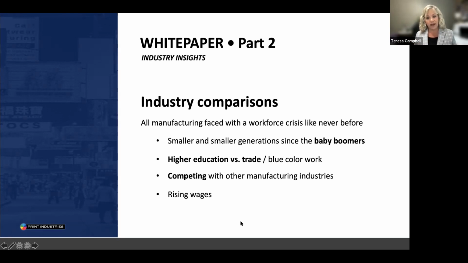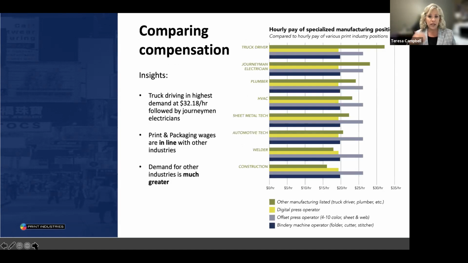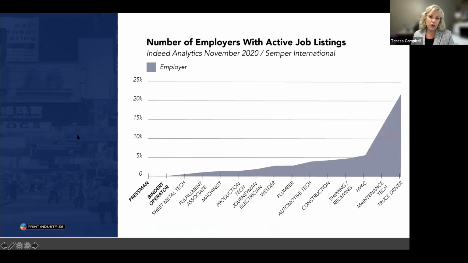However, we are competing with other manufacturing industries in a major way, and the wages continue to rise. Here is a chart that I want to share with you showing some insight on hourly wage paid for specialized manufacturing. Truck drivers are off the chart, being paid over $32 an hour, and journeyman electricians following that. If you look here, print and packaging wages are in line with the other industries, both on the digital and the offset side. However, what we found in our research is that the demand for the other industries is much greater, significantly greater. With these numbers, I want to show you that the number of employers with active job listings out there